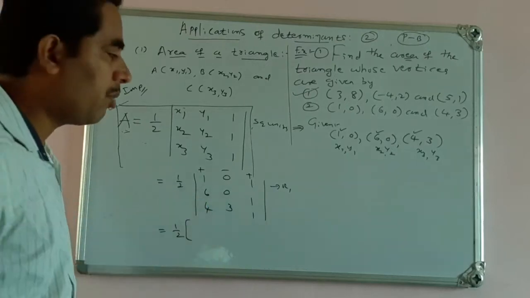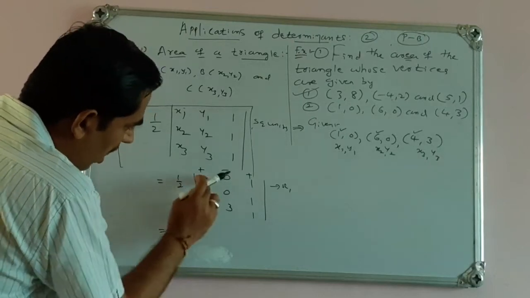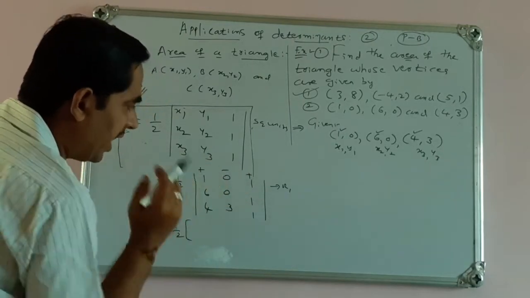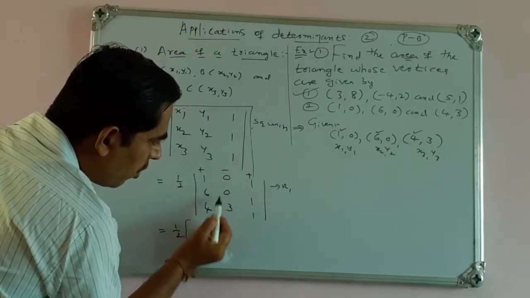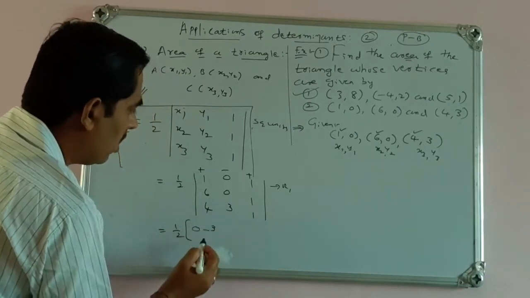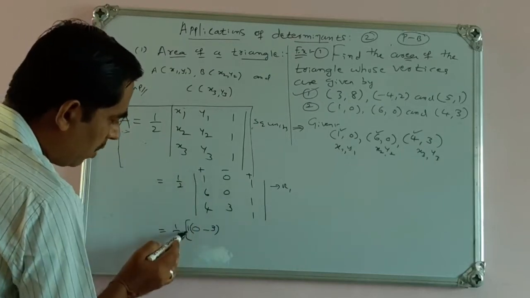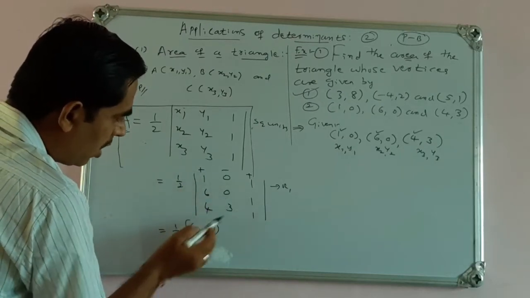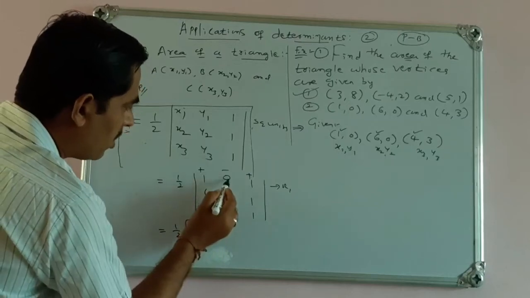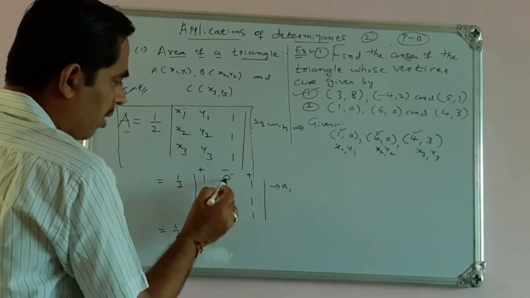whenever expanding the determinant. We know, and we have practiced a lot of problems. Here, first column and first row, so these two should be deleted. Then you concentrate on these four elements only. 0 into 1, 0, minus 1 into 3, that is 3. So that is 1 into this. Plus 1 into, so 0 into 1, 0, minus 3. Then 0 is given, so that will be all 0. So no need to worry about this element here.